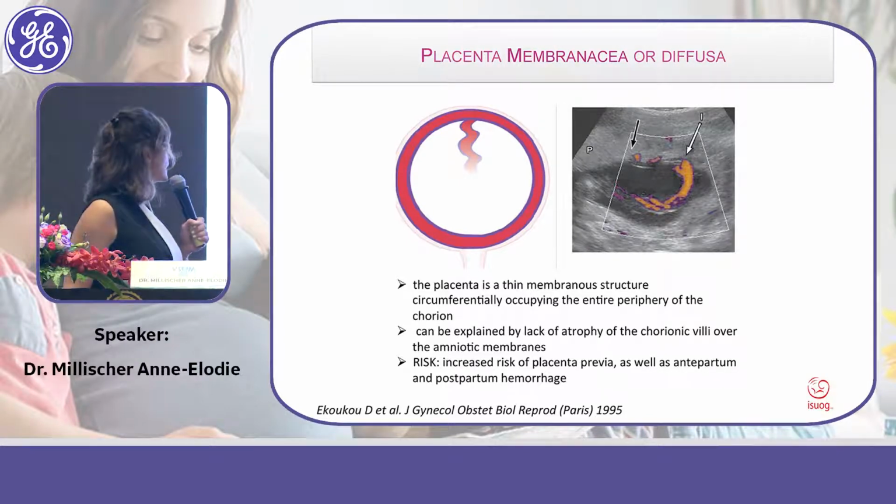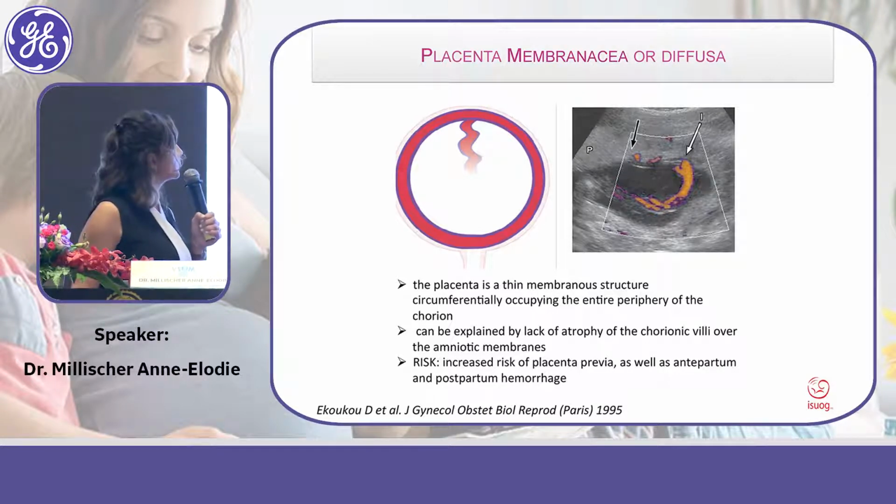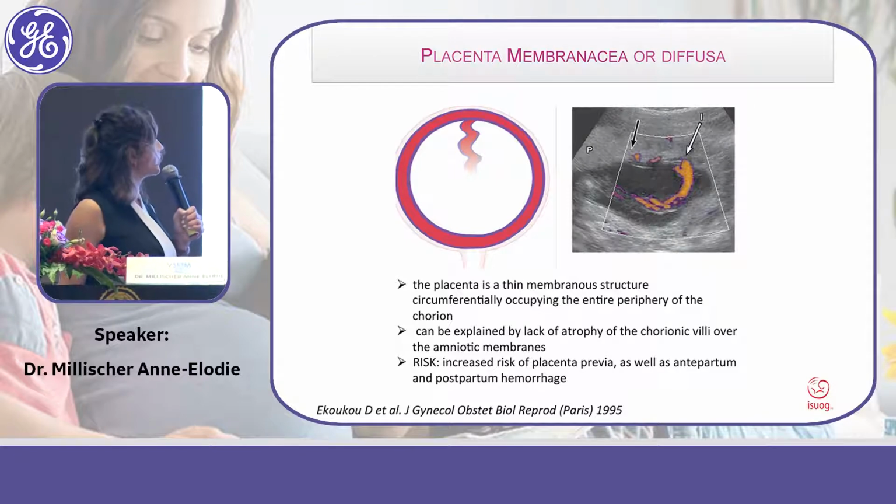And the main important risk is that it easily provides placenta previa with possible hemorrhage. Và cái nguy cơ cao nhất của cái loại hình bánh nhau này đó là sẽ tăng